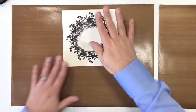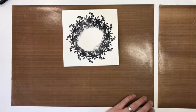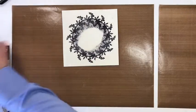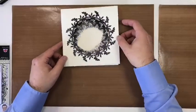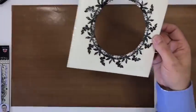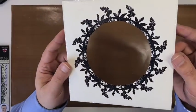And because I know we don't need the middle, what I would do is use my circular dies that I've just put over there out of the way. So I've used my stitch torn circle dies and I've chopped out the middle, look. So what I've ended up with, I'll just put that to one side, is that beautiful silvery effect,